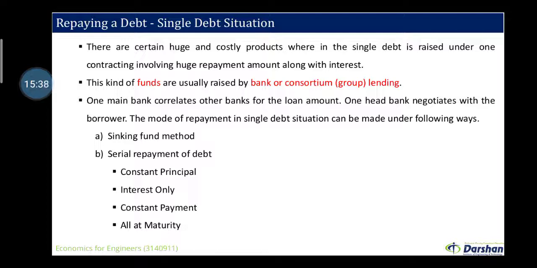So one may say the bank correlates with other banks for the loan amount. On one hand, the bank has to negotiate with the borrower. So the mode of repayment in the single debt situation can be made in the following ways. First one, the sinking fund method. Second one is a serial repayment of the debt for the constant principal, interest only, constant payment and the all